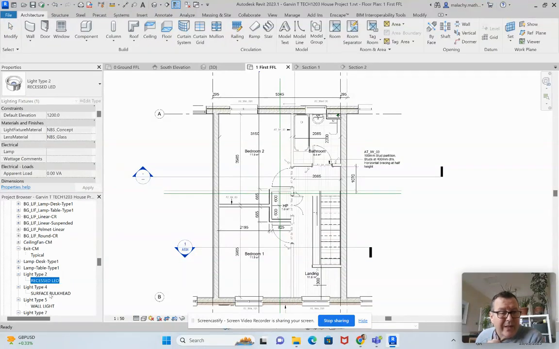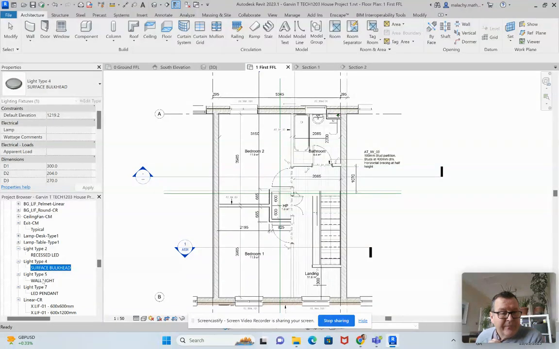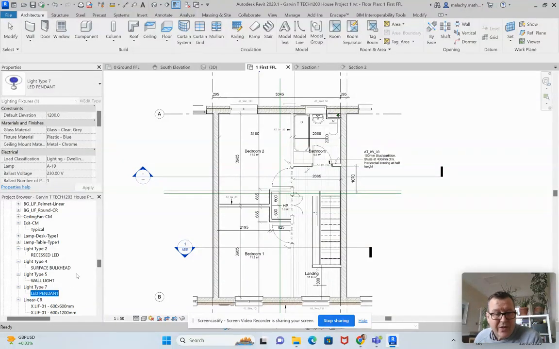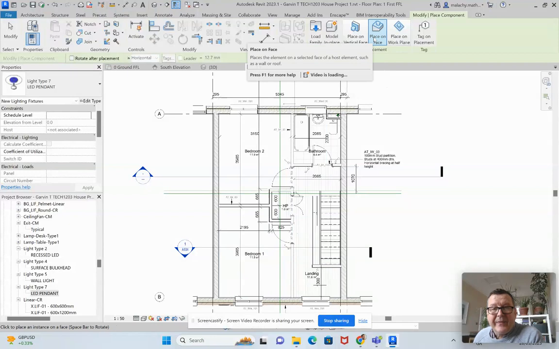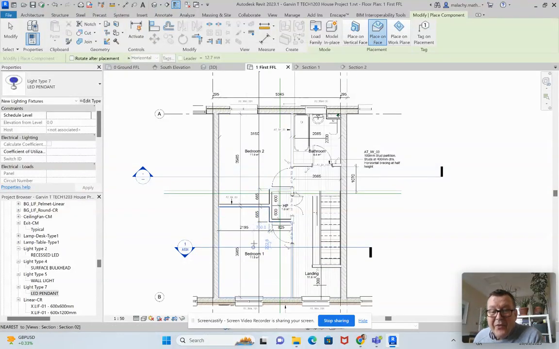They're recessed. That's a bulkhead. That's a wall light, and that's a pendant. So I'm going to use the pendants to start off with here. So if I drag the pendants out and try and position them here. Now it says place on face, and so if I put that there, I suspect what's going to happen is